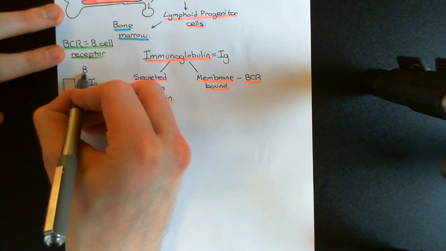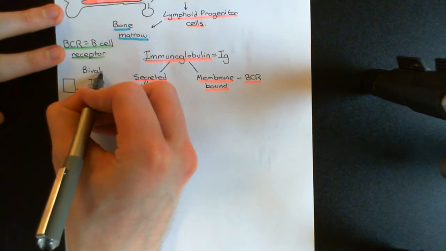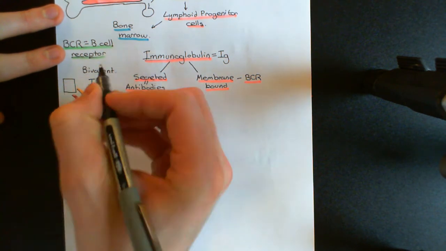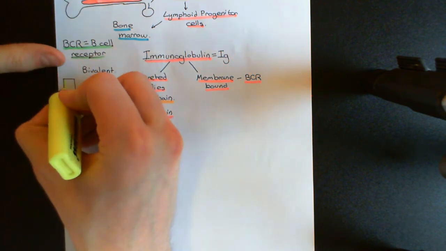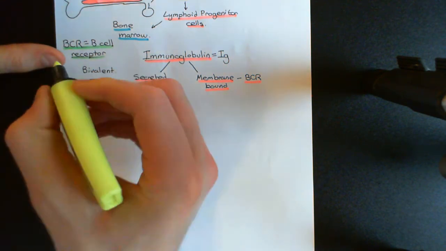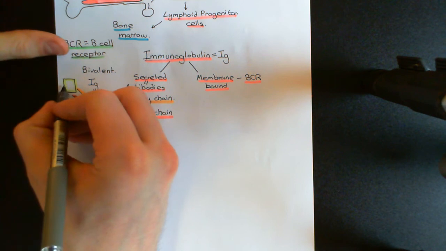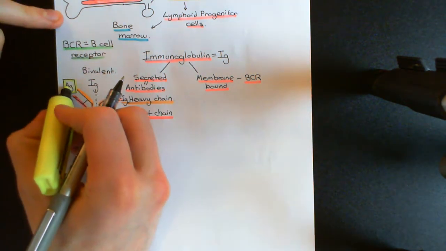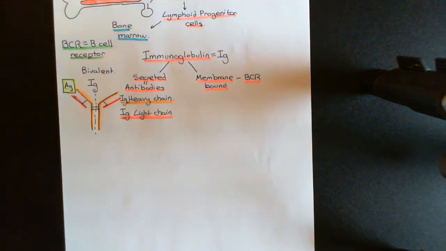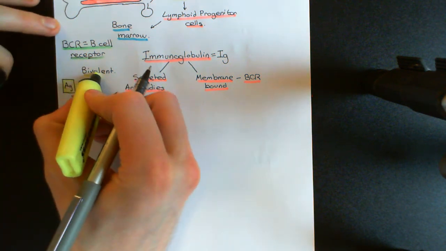So indeed, immunoglobulin molecules are bivalent. They can bind to 2 antigen molecules. So here in yellow, this is representing the antigen molecule, and I'll just put AG here for antigen. Okay, so a little g like that is just an abbreviation for antigen. Okay, and I remind you that